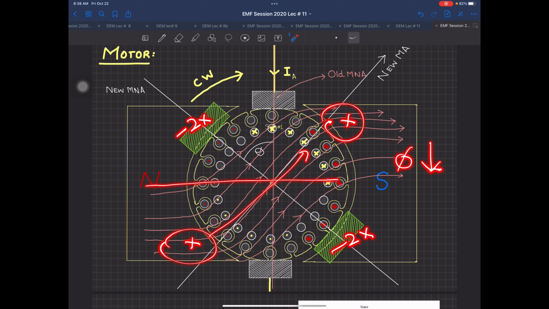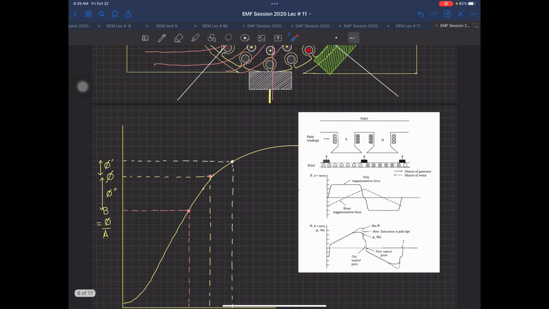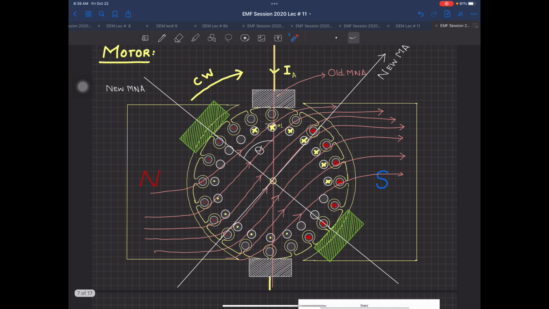This is because of the concentration of the flux lines in this area and this area. As I told you just now, there is an increase of x over there, there is an increase of x. In this curve, this one was equal to x, and this one is equal to 2x. So when you are increasing, the increase is just x, but when you are decreasing, it's 2x. So on this diagram, there is an x increase over there, but here there is a 2x decrease.